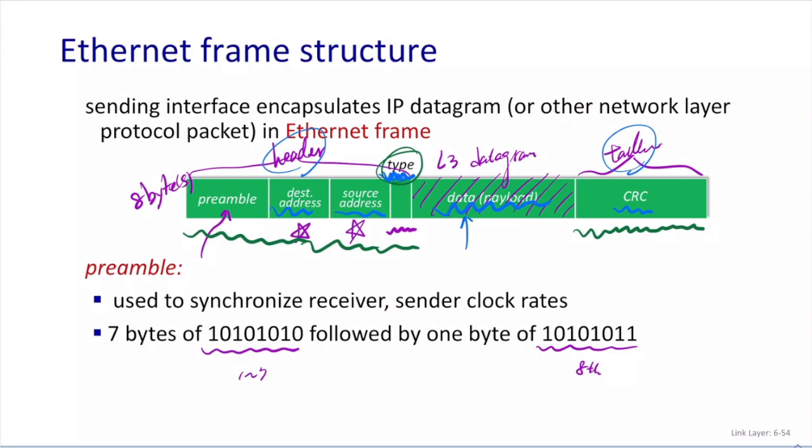So we have the destination address, which is 48 bits, and the source address is 48 bits as well. I think the most important thing here is the preamble. Basically, it is not an actual data field. It is used to synchronize the receiver's and the sender's clock rate, because when we talk about CSMA/CD,